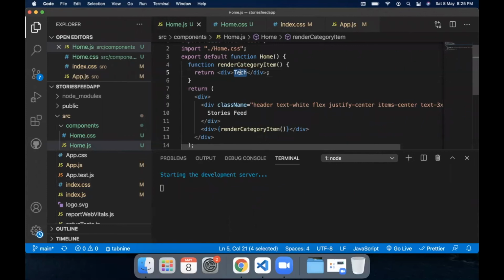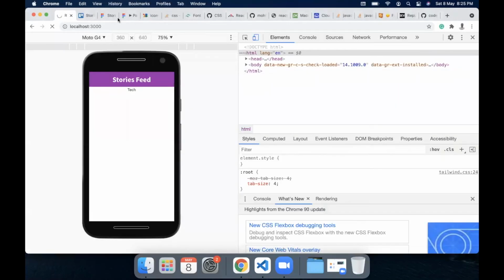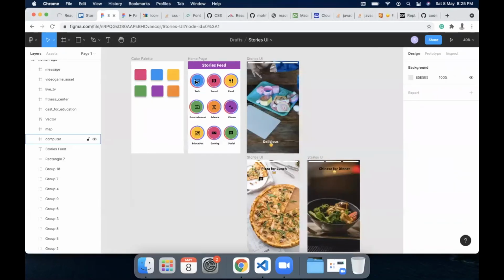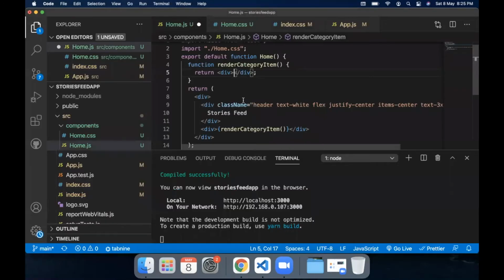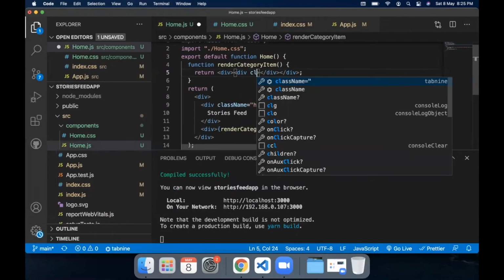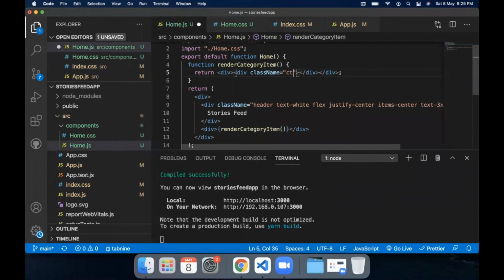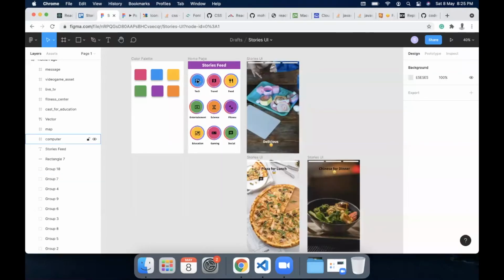Now, in this case, what we have is we first have this outer circle, then an inner circle, and within that there is an icon. So let's create this inner circle first using div and give it a class name of category inner circle. Within that we have our icon.